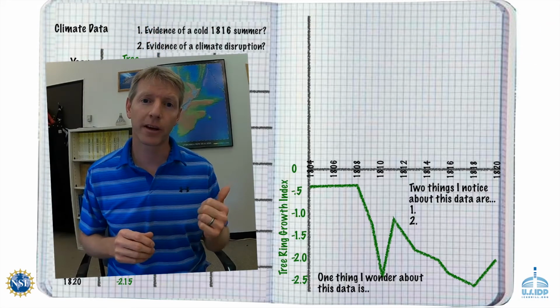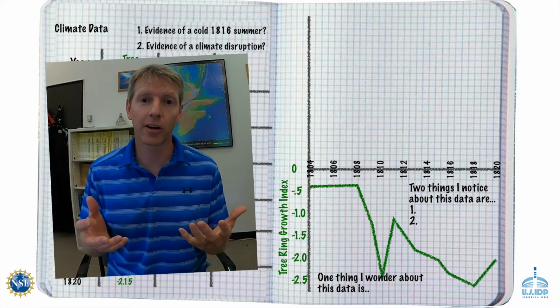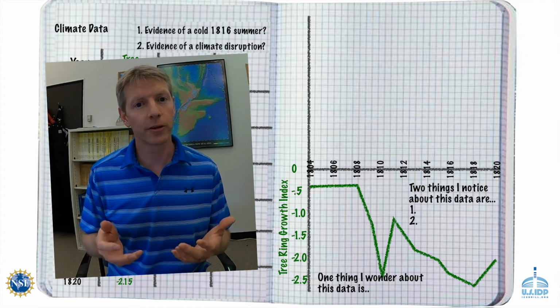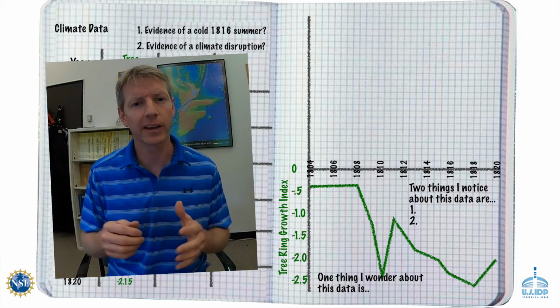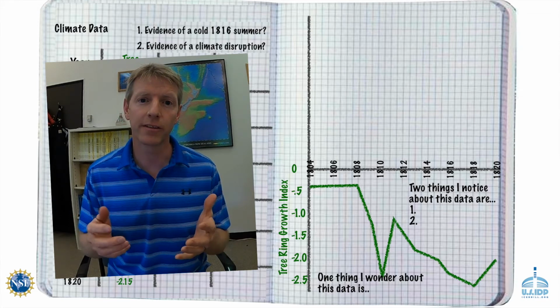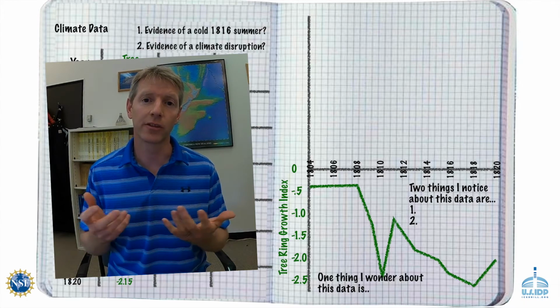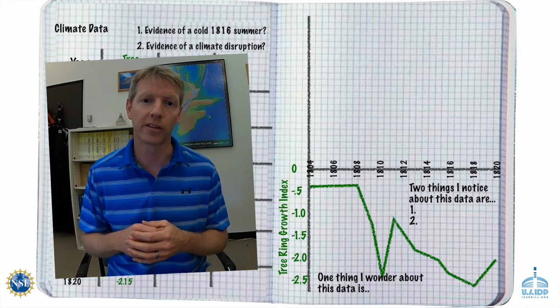So let's head down to my freezer and actually start processing an ice core from Greenland that we know is right around the time that we're interested in, right in those early 1800s, and see if we can find any evidence of a climate disruption that would explain these really cold summers.